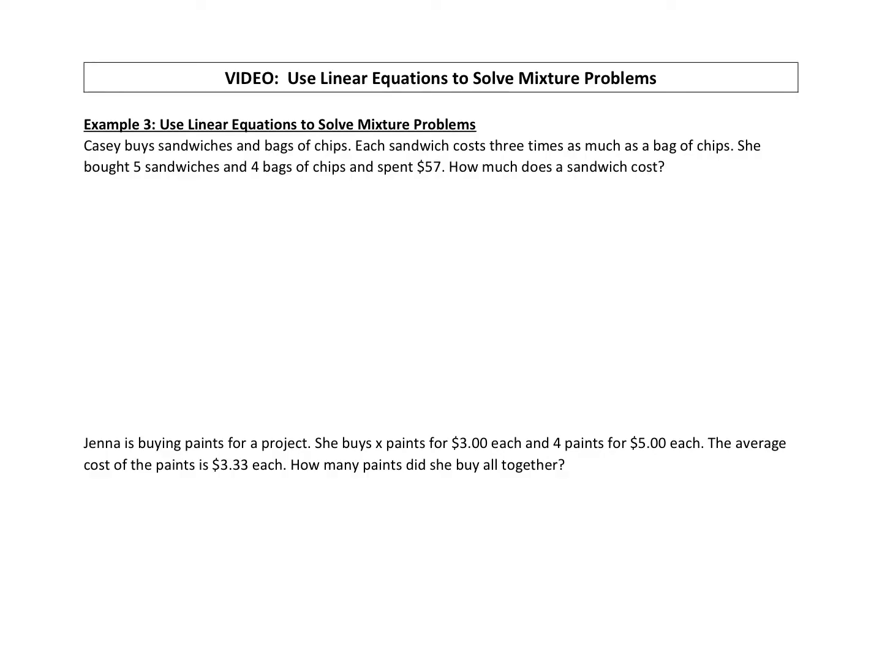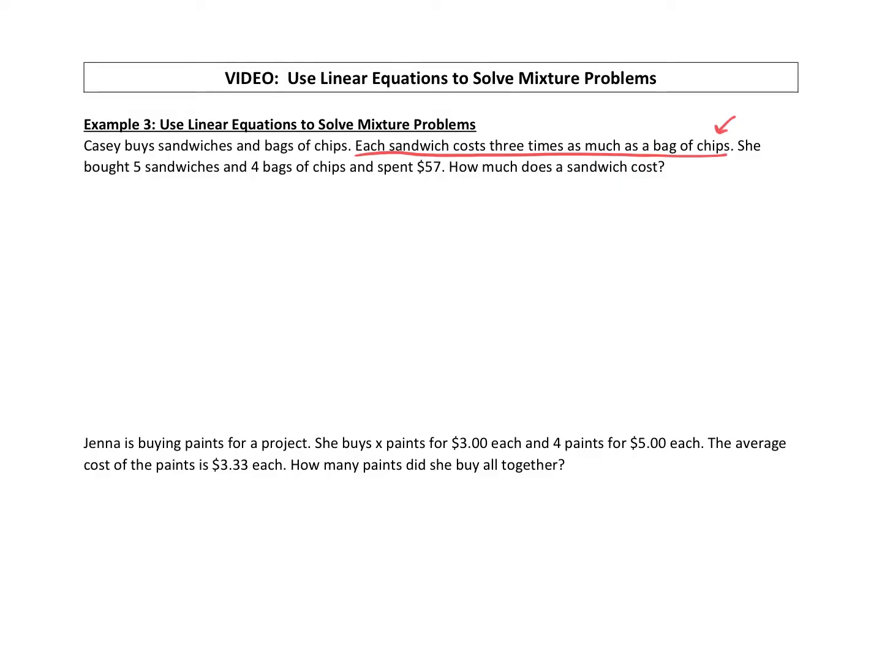So when we have word problems like this, the challenge really is to filter through and decipher the information that we're given. So we know Casey's buying 2 things, sandwiches and chips. How do they relate to each other? This is the sentence right here that's going to help us with this. Each sandwich costs 3 times as much as a bag of chips. So if we knew what a bag of chips cost, we would know that a sandwich is just that price